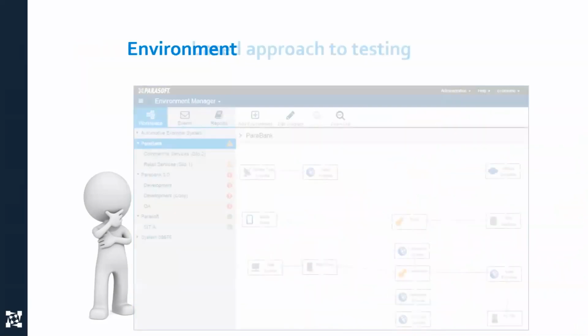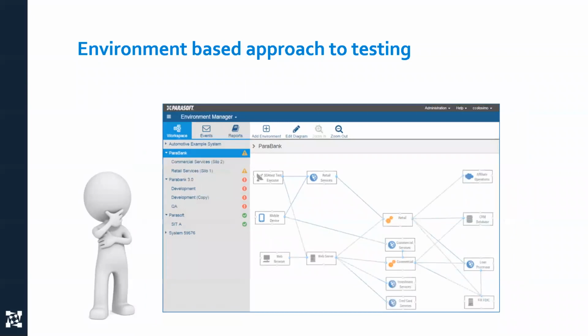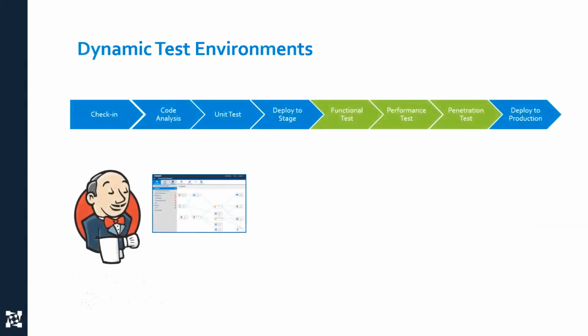Moving into the era of DevOps, that allows us to take more of an environment-based approach to testing, where we define the test environments via virtual services or a combination of live and virtual services, and then package those all up together with our functional test automation so that we can create a templatized representation of a test flow. And then either hand that off to an individual tester so they can test unconstrained from the environment, or orchestrate it as a part of our CI process so we can create dynamic test environments with virtual services.